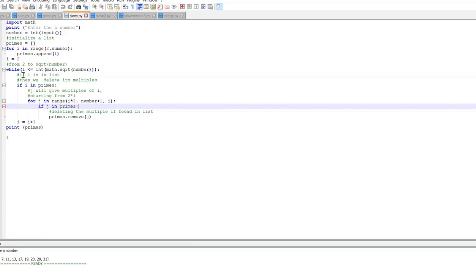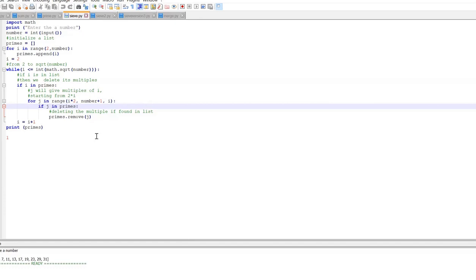Now, here multiples of 5 are done, then it is going to be incremented to 6. As I told you, I have taken a number called 36, so the square root of 36 is 6. So 6 less than or equal to 6. So up to the number 6 and the multiples of 6. Here again, 6 may not be in the list because as a multiple of 2 itself, it is going to be deleted. So up to the square root of that number, this process is going to be repeated.